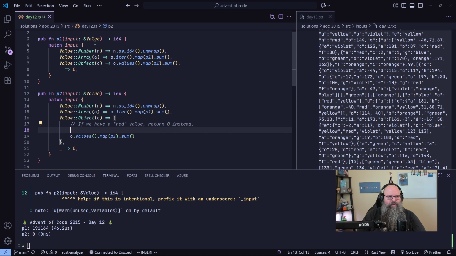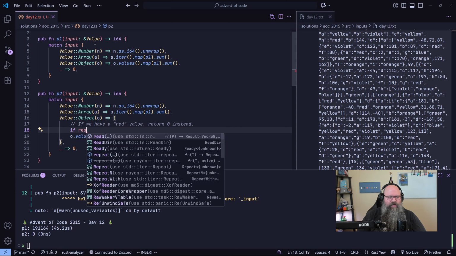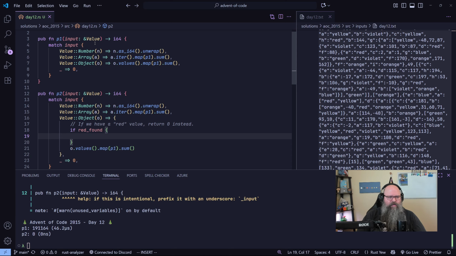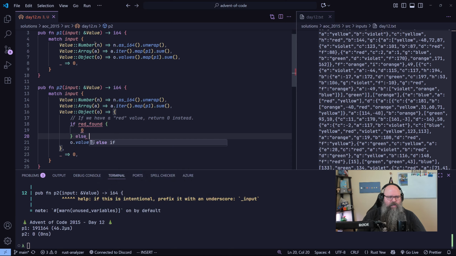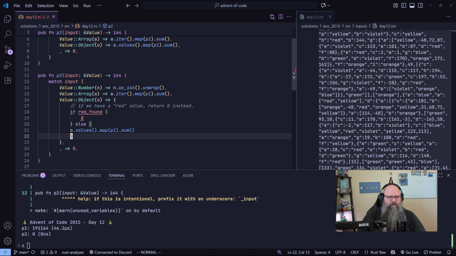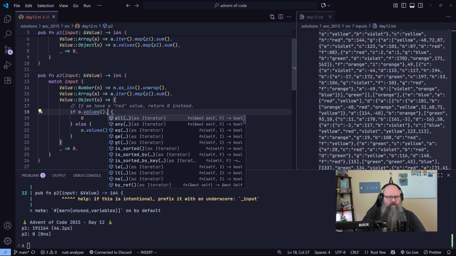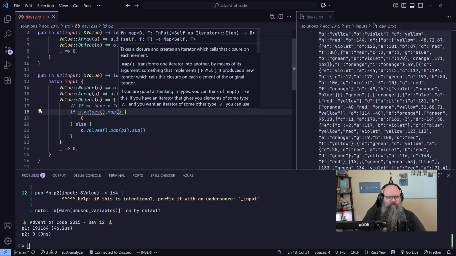and we don't have to recurse, right? So the short of it is: if red found, 0, else this. So we just have to check whether there is a red in the thing. So I think that is o.values dot map